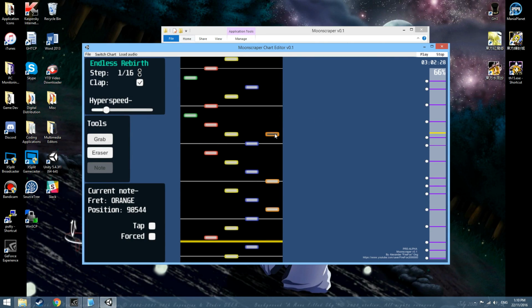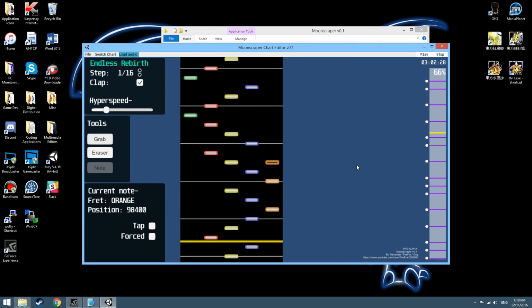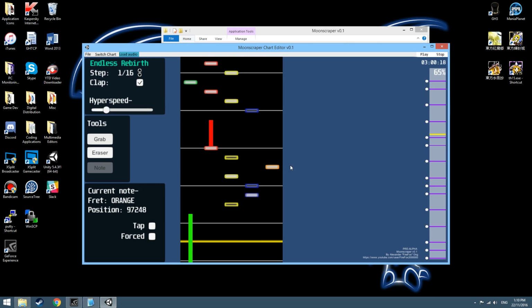And then if you're loading in a chart that doesn't contain audio, or the chart file doesn't have the audio listing in it, then you can just load it via here as well. Not that that would do anything, but